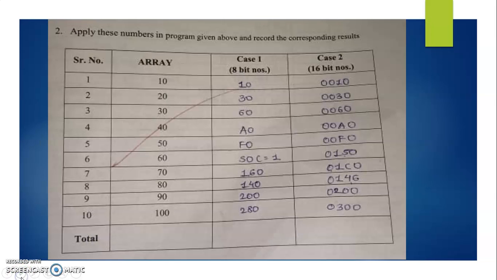You can see this. You can see here. That is not very important. This is just the position of the array. If the numbers are 8-bit, you will get this output. For 16-bit numbers, you will get this output.